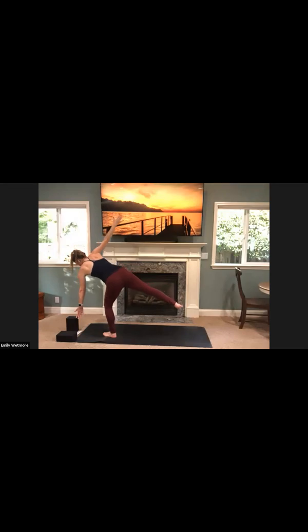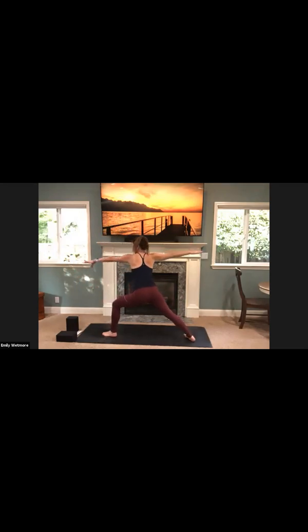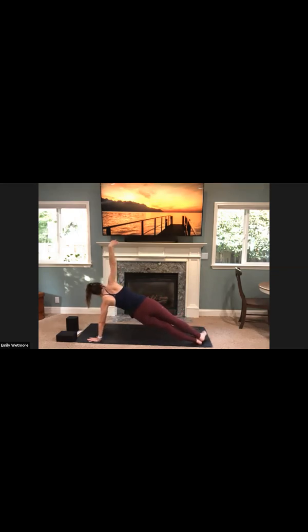Slowly melt back down to warrior 2. Pause here for a moment. Inhale. Exhale, hands to the mat. Step back to plank. Dial your heels to the left. Reach your right arm up. Find your version of side plank